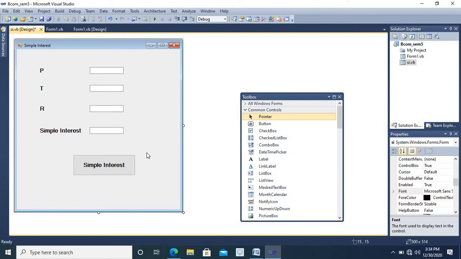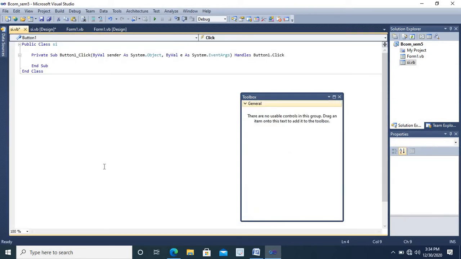The next step is to write the code. To write the code for the simple interest button, double click on this button to open the code window with the button click procedure, where we are going to add a set of lines to calculate simple interest and to display it in the fourth text box.